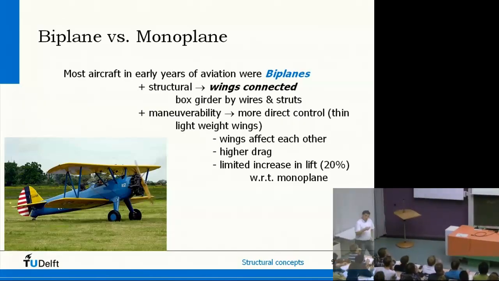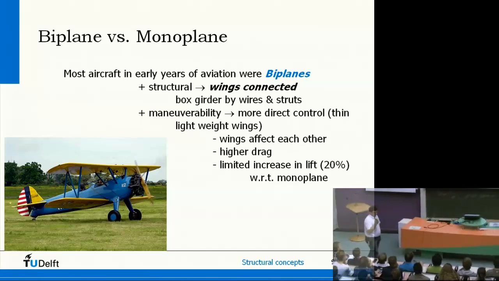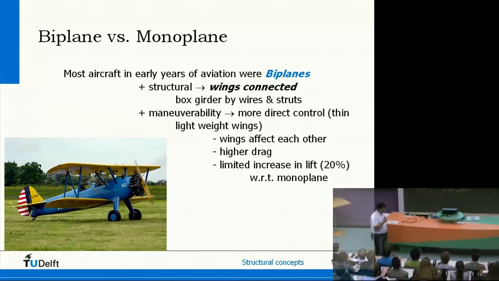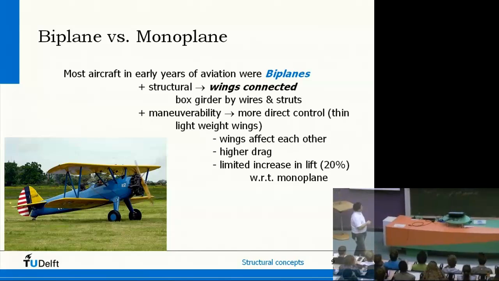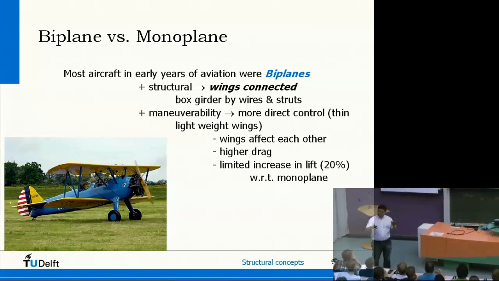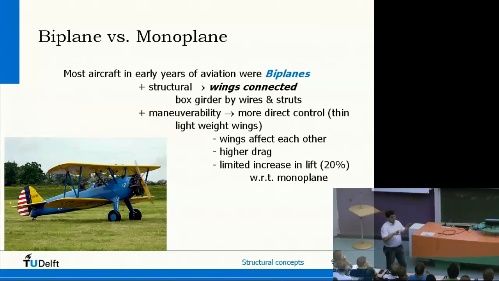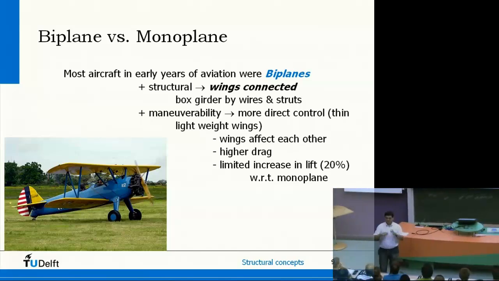In the early days, we often saw a lot of biplane aircraft. And these biplanes are there because if you have two wings, you can connect them more or less, and that already gives some stiffness and some strength. Does someone know the difference between stiffness and strength? Can someone tell me that?